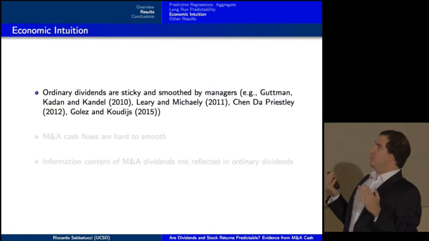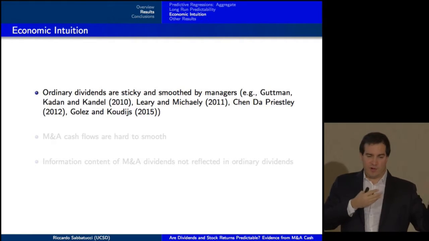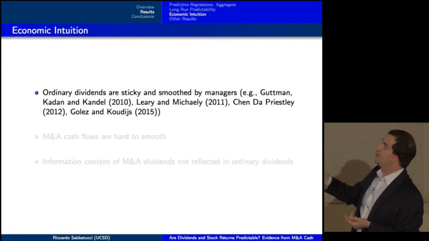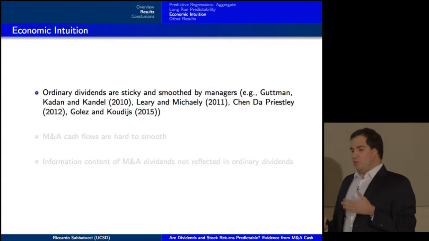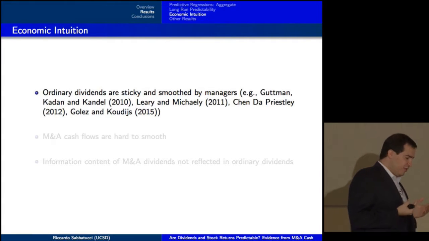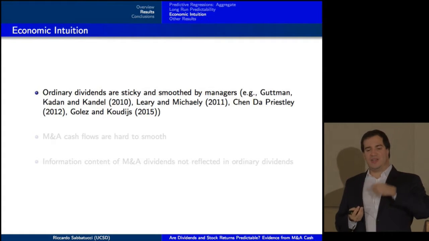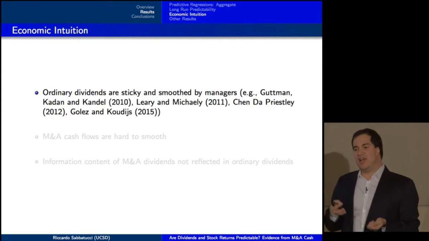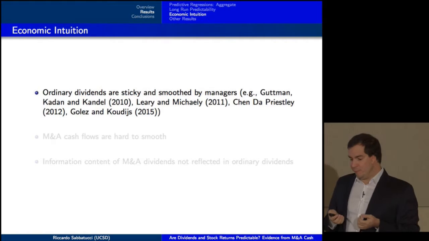Ordinary dividends are sticky and smoothed by managers. This is a well-known fact coming back from French papers, and more recently by Goodman, Kadan-Kandel, Leary-Michaeli, Chanda Priestley, and Golets and Kudis. We know that managers tend to smooth dividends because of the asymmetric price reaction we see in dividend cuts versus dividend raises. So when managers are afraid of cutting dividends, they don't raise them either, and so dividends are smooth. Therefore,